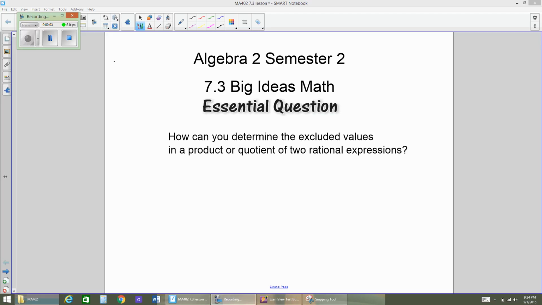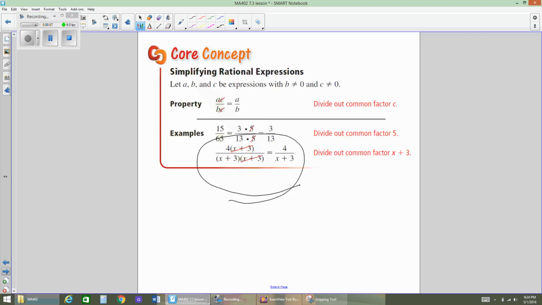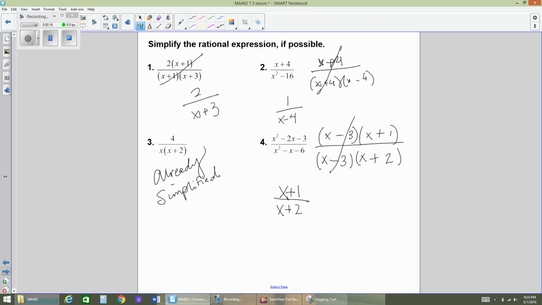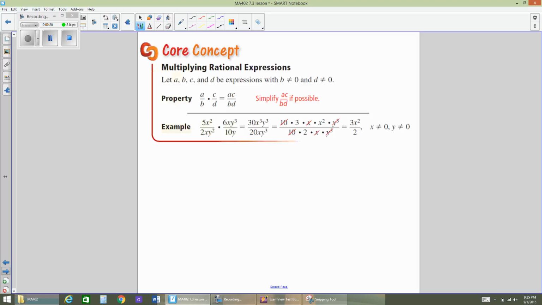Hey, so this is part 2 of our lesson 7.3, so I'm just going to fast forward. So far we've talked about the property to simplify our expressions. We did an example, and we did 4 more examples. Okay, so come on now to this property here,